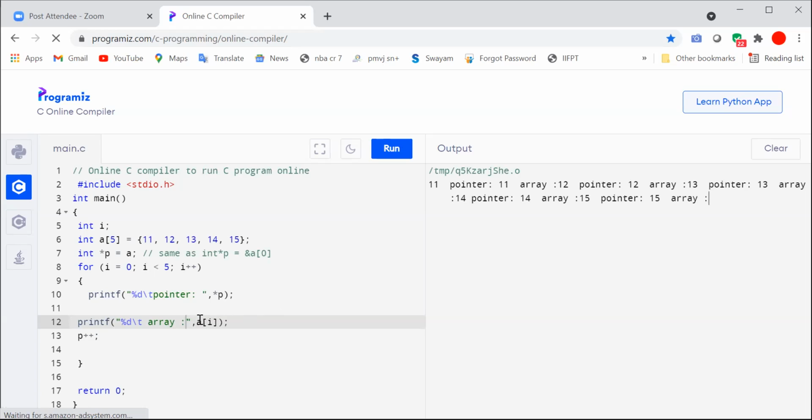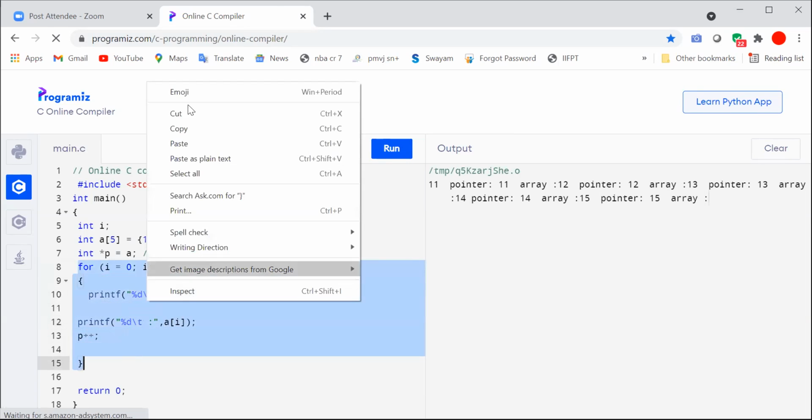The same way, if you say address of P, this address of P. We put both in the same for loop, so we'll put it in separate.